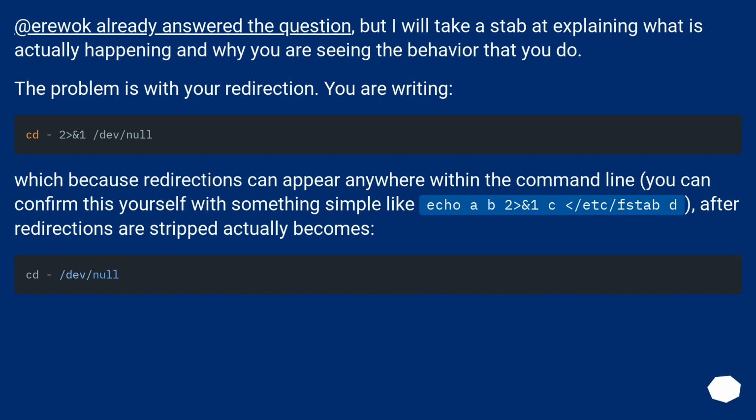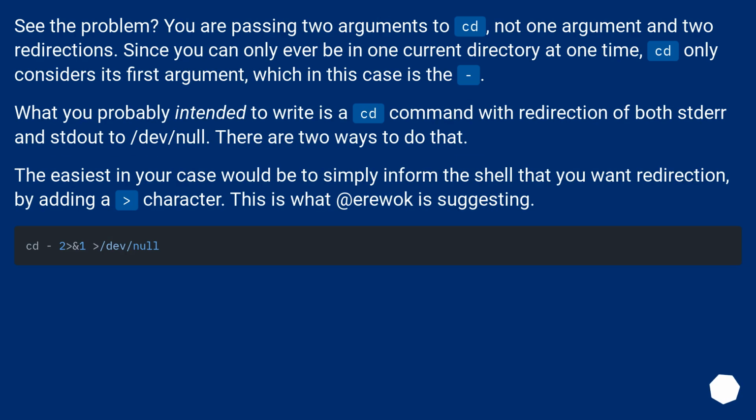which, because redirections can appear anywhere within the command line, you can confirm this yourself with something simple like echo a b 2>&1 c < /etc/fstab d. After redirections are stripped, it actually becomes... See the problem? You are passing two arguments to cd, not one argument and two redirections. Since you can only ever be in one current directory at one time, cd only considers its first argument, which in this case is the